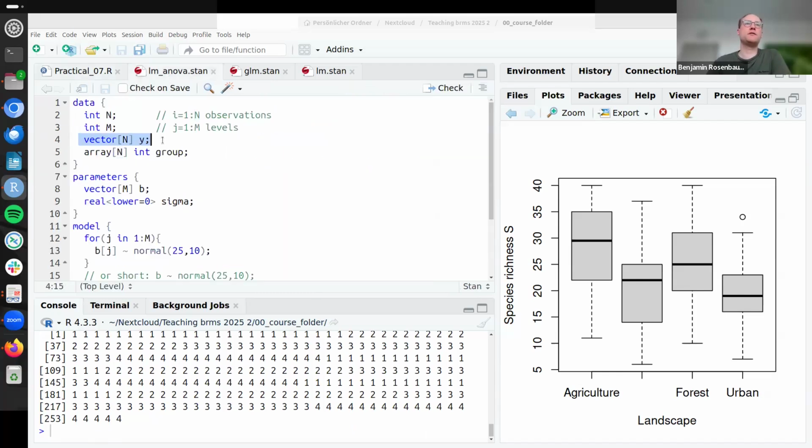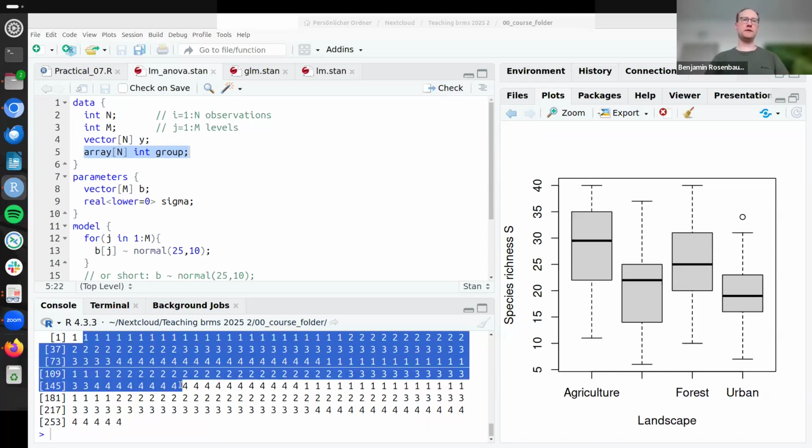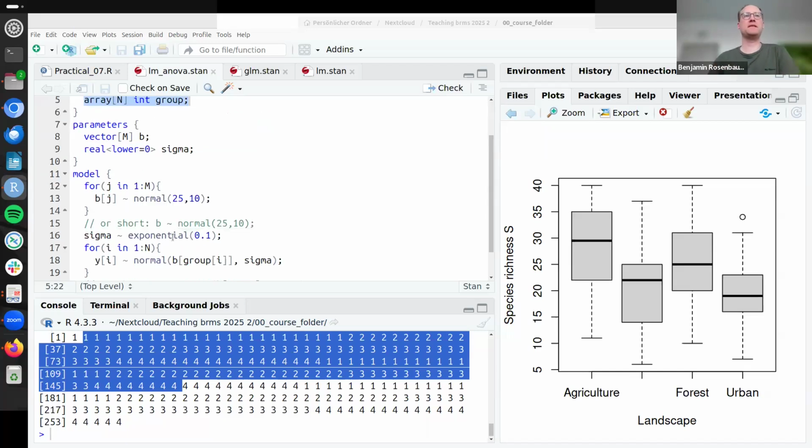So y is the response. This can be continuous. However, here this has to be coded as an integer. So an array of size n, a one-dimensional array of size n, contains these values, which we can then later on use as indices,